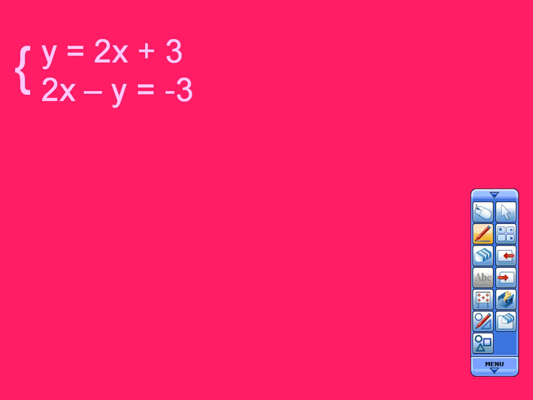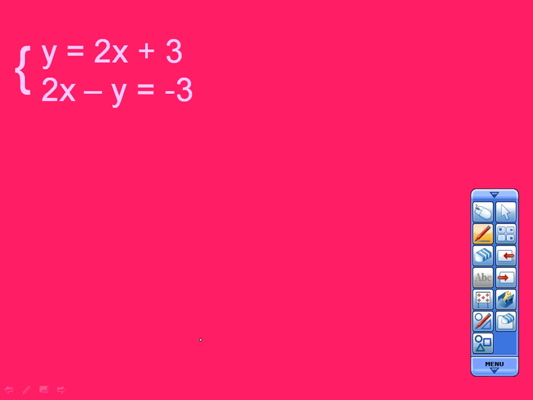Now what do I have to do? Distribute the negative, right? This is not a positive, so I have to distribute this negative. So I have 2x minus 2x minus 3 equals negative 3. Okay, 2x minus 2x is 0. Those cancel, right? Is that true or false? True. So the answer is going to be